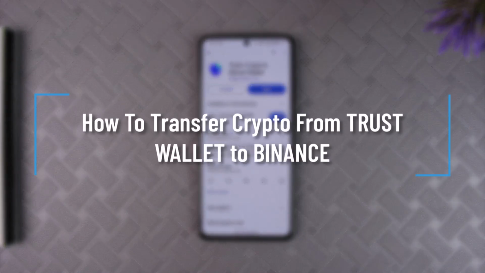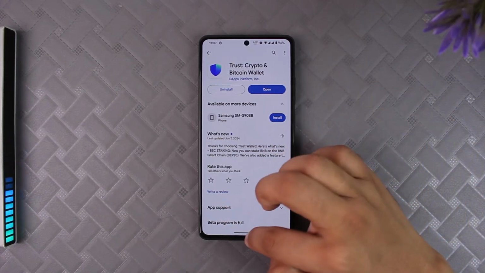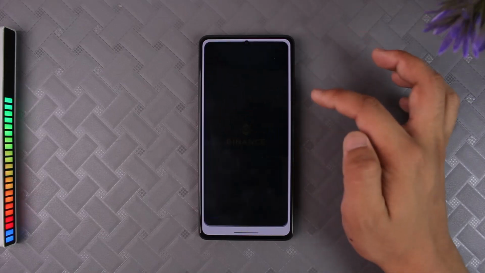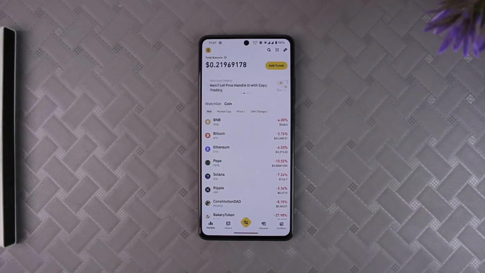How to transfer crypto from Trust Wallet to Binance. So if you want to transfer your crypto from Trust Wallet to Binance, first of all you open up your Binance account, right? So once you open up Binance, deciding after which crypto that we want to receive on Binance,